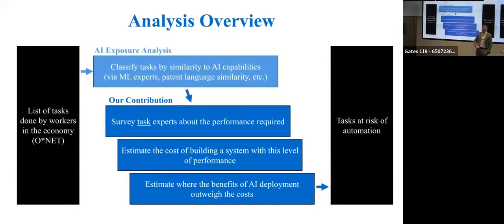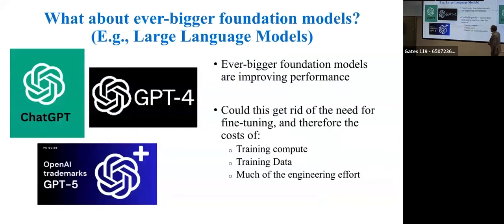So I think the broad framework absolutely still applies, right? We still should be asking, what level of performance do you need? How much does it cost to build the system? And where will it actually be deployed? And the question is just like, are there a lot of differences? And a particular question here is, if we think about